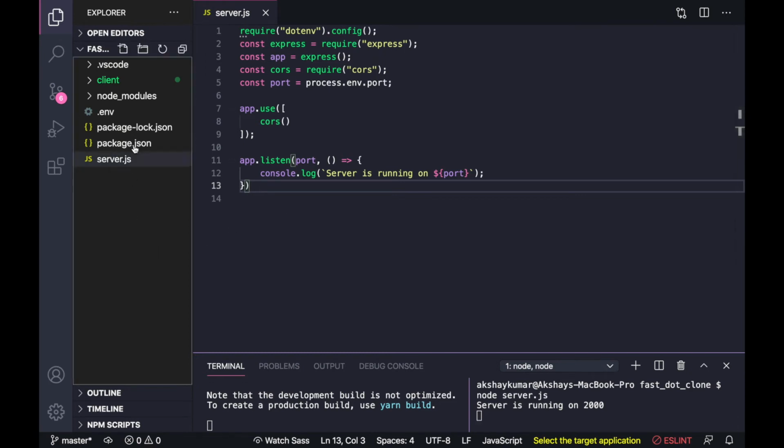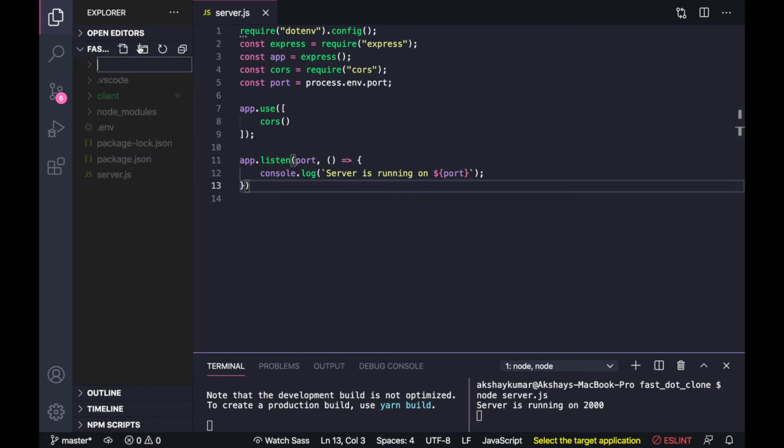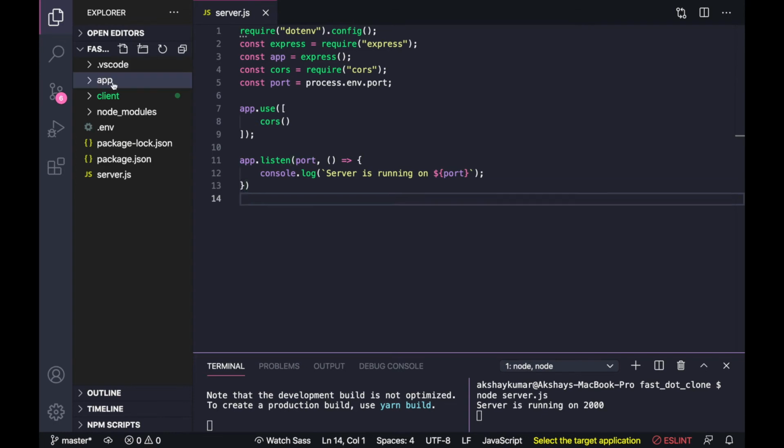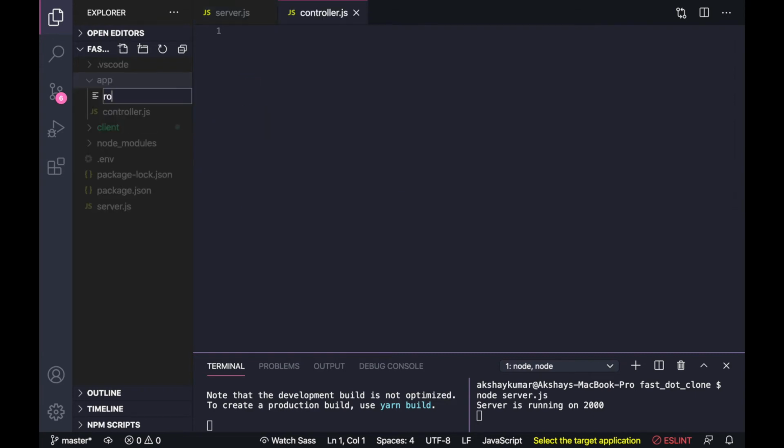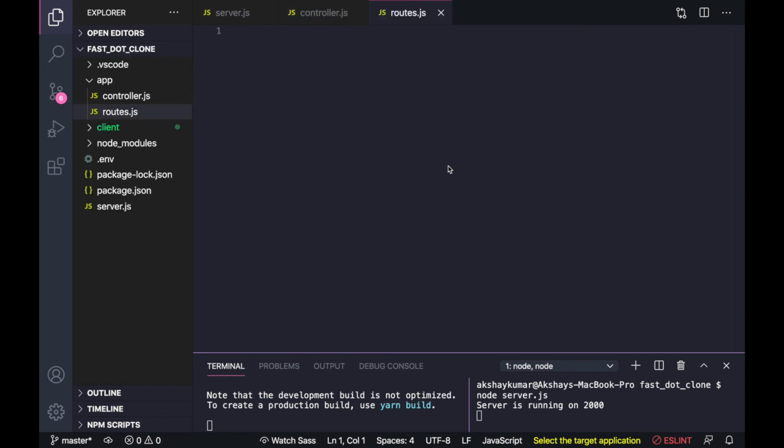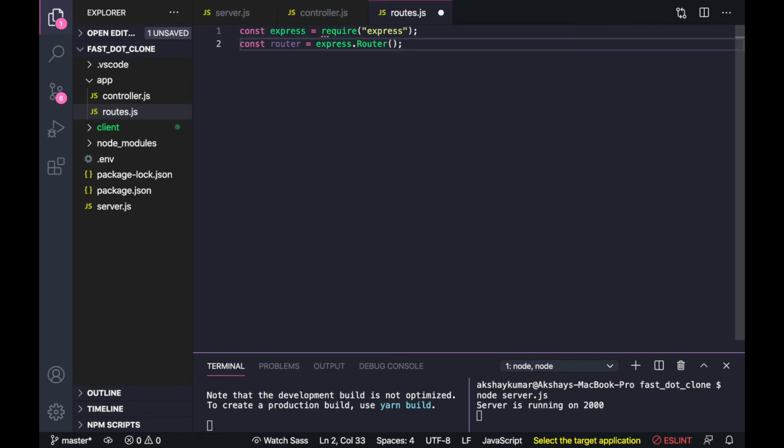Now in the root directory, I will create an app folder. Inside app, I will create two files, controller.js and route.js. Inside route.js, first we will require express. From express, we will create a router.